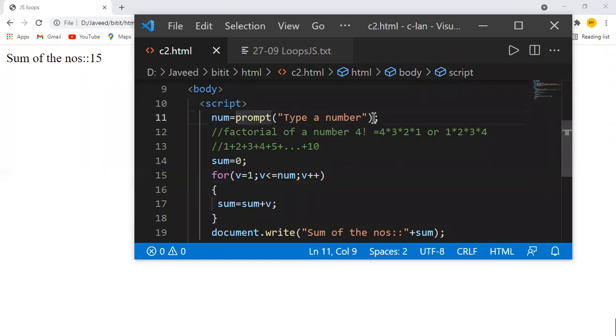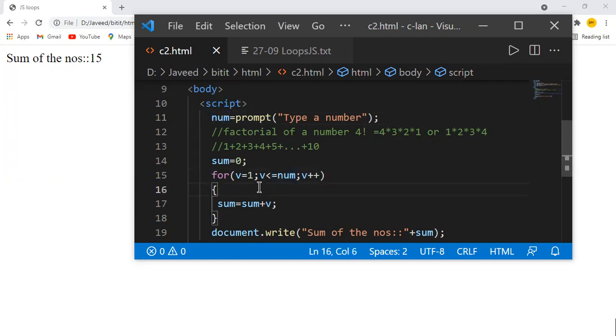It's going to prompt. Prompt means asking for the number from the user. So when I'm using this prompt, what will happen? It creates a dialog box like thing. A window pops out, and it gives me the message and asks me to type the number. That message is an indication of what I'm going to do there. So I'm using it and getting the value, and repeating it n times. How many times you want to repeat, that variable is going to hold. Num is a variable which is going to store the value there. It decides how many times you want the loop to be repeated.